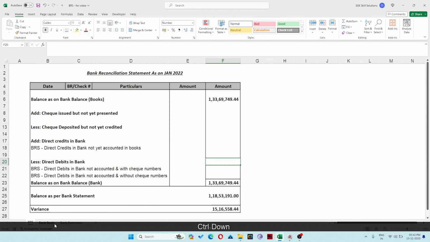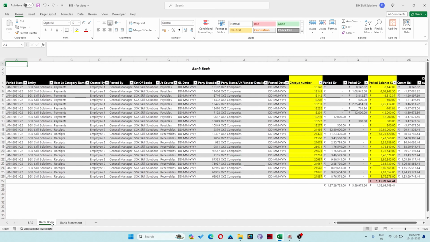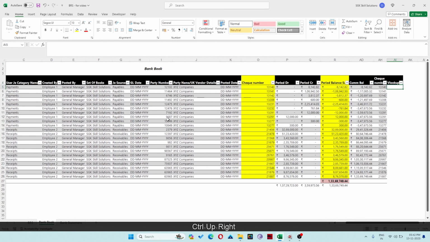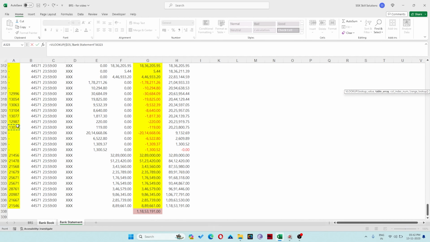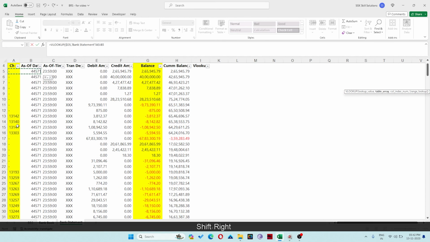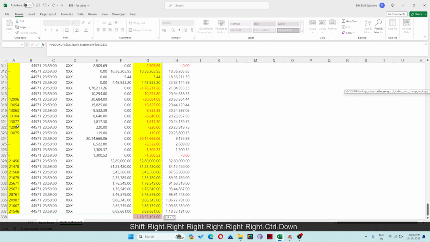We'll use a VLOOKUP function in Excel and try and match the data. We look up for values which are matching, and the point of reference is check numbers. And we are taking the check numbers and matching from another data source. So we apply VLOOKUP function from bank book as well as from the bank statement. When we try and apply both ways, we try and get those values which are matching.